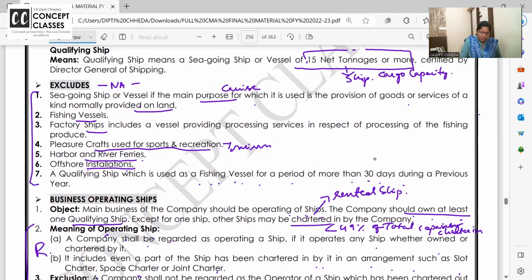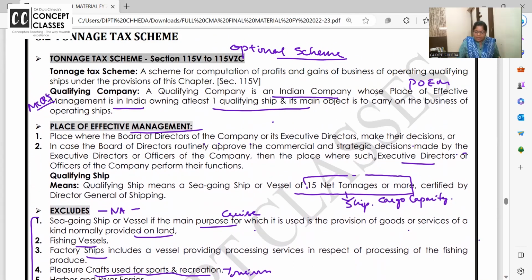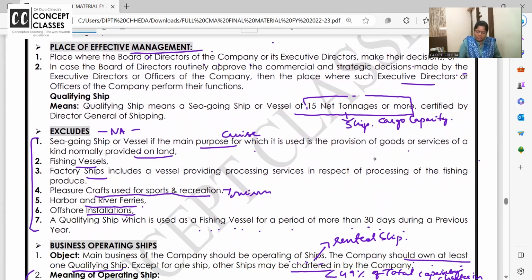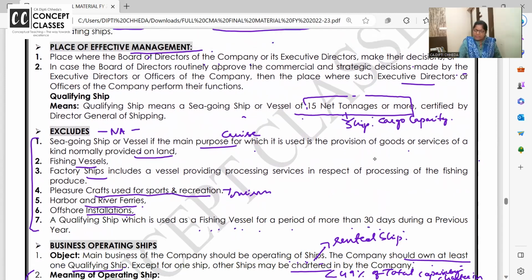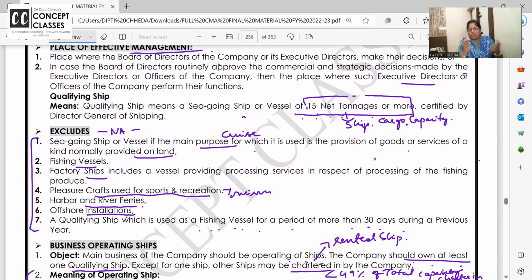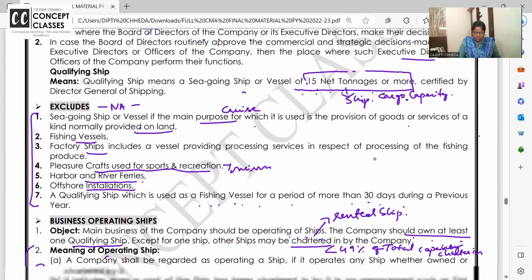Sorry, these all are not the qualifying ship. Once again, what is a qualifying company? A company which is doing shipping business, whose place of management is in India, and which has one qualifying ship. What is a qualifying ship? A ship जिसका net tonnage capacity 15 net ton से ज्यादा है, and 49% can be chartered in. You have taken it on rent, rest should be yours. In short, एक तो शिप खुद का चाहिए. Okay,